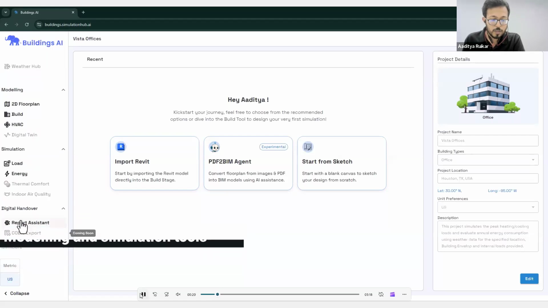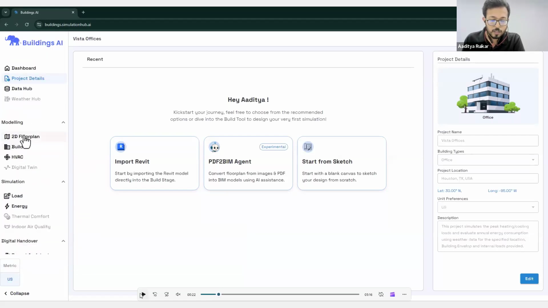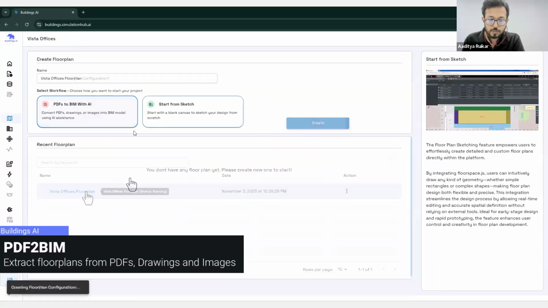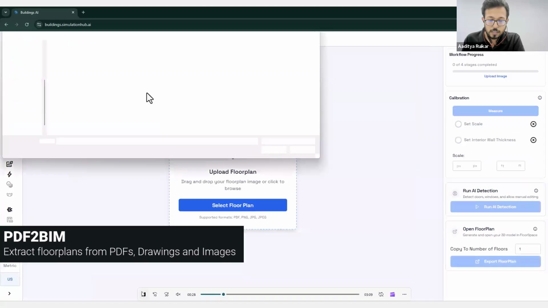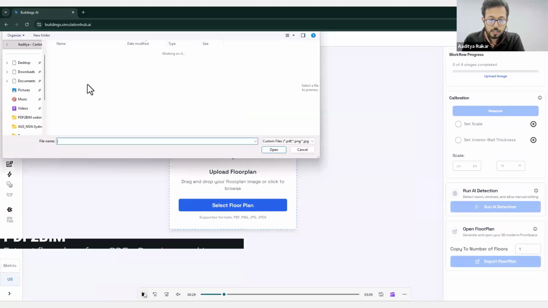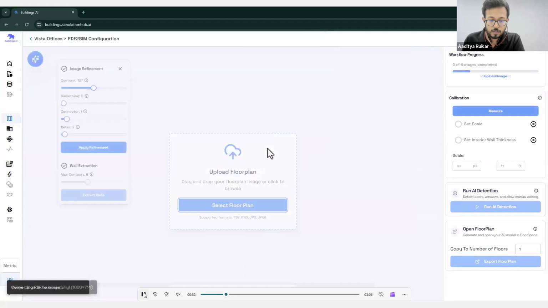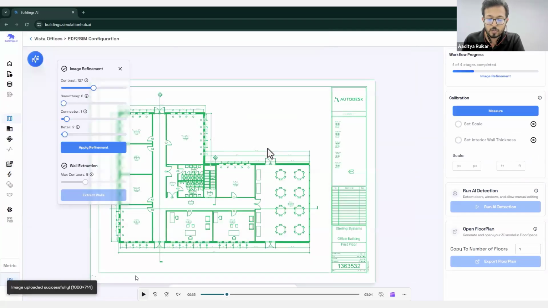So for this webinar, I am continuing with PDF to BIM. So you have to select 2D floor plan. Then you can create a configuration for PDF to BIM. Select your floor plan and from your device, provide a PDF or image of your floor plan. Once imported, you can see